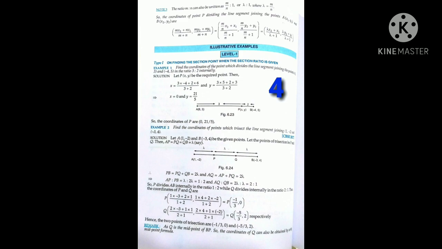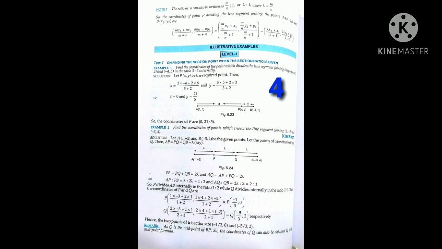So one very important thing I would like to tell you, that whenever you have questions, you always try to make a figure. So here in case of coordinate geometry, just as you saw in slide 2, a very simple diagram is there, very simple figure is there. So always for most of the questions, try to make a simple figure so that you can understand the question well. So proceeding on those lines, let us see how we solve this question.